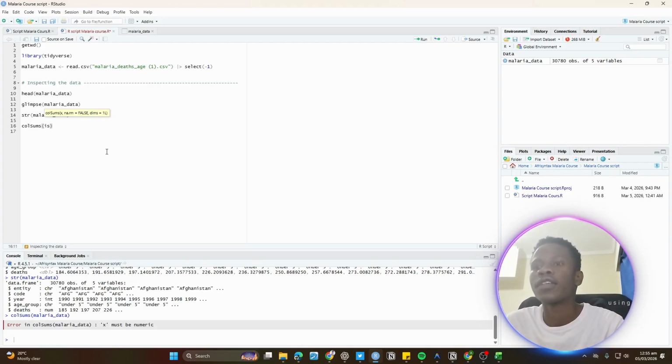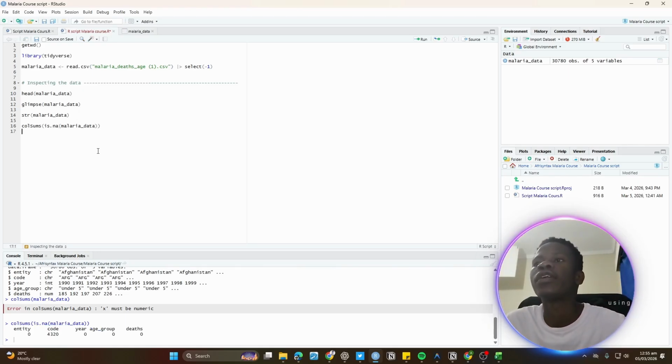We use the is.na function within colSums, and take the malaria data. This is basically how you write a colSums function. We're trying to find missing data, right? It gives us each column and how much missing data there is. So now we know that we have 4,320 missing values